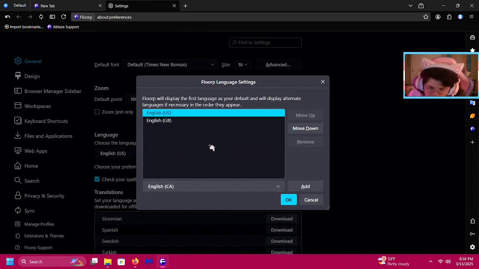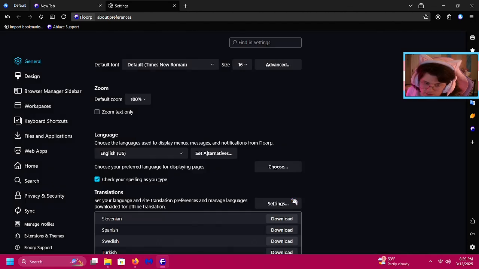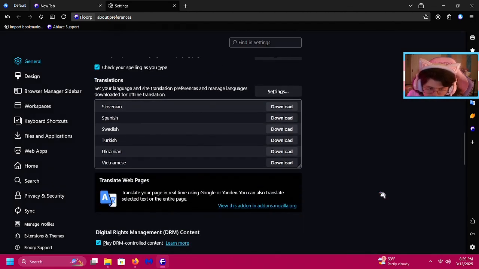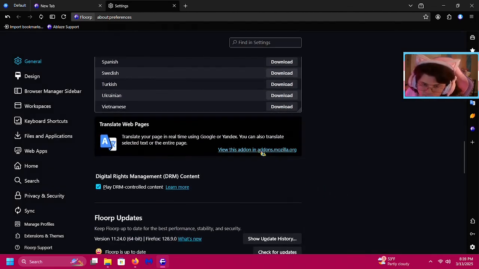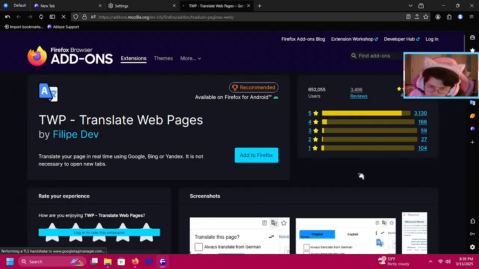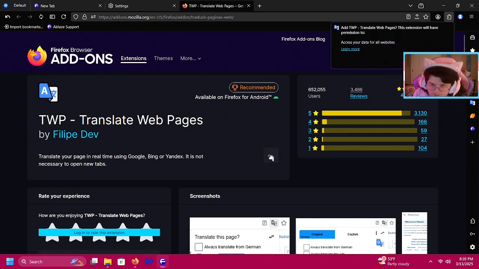Because, hey, why not? We have the Canadian English, which is there, but I usually set it up for English first. It'll use the Canadian to display. I don't have it set anywhere. I do want to click on translate web pages. This is the add-on that you can add into your web browser. This is available on Firefox for Android as well, but it is not available